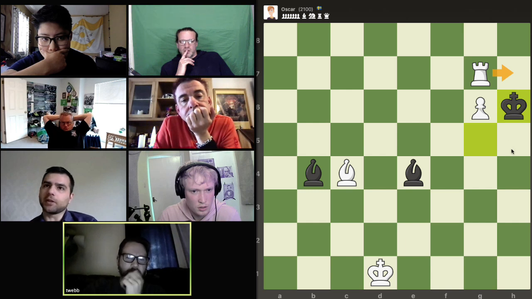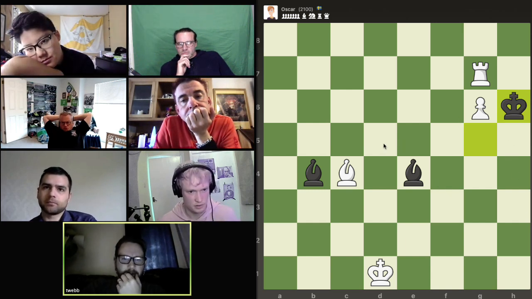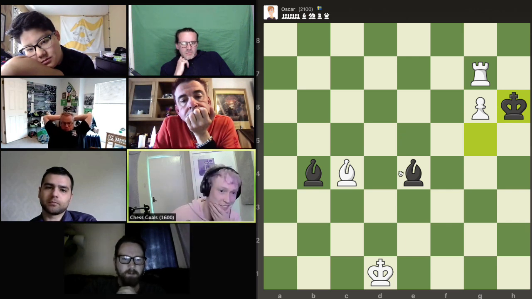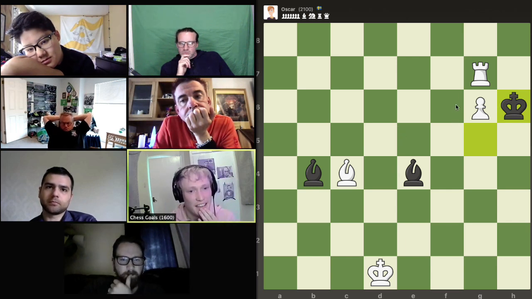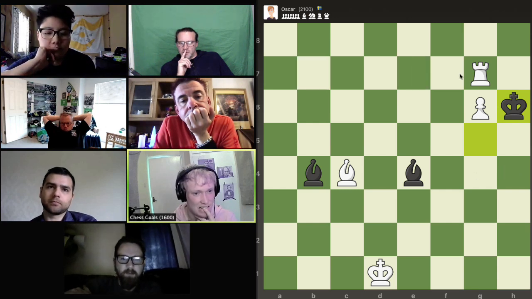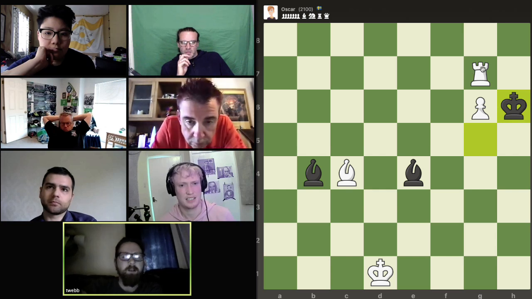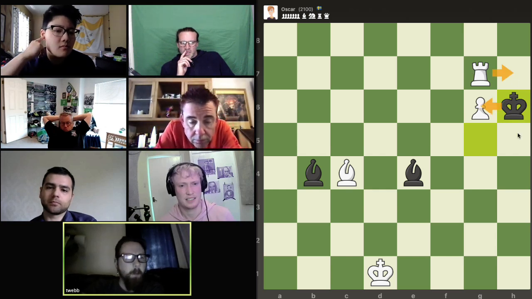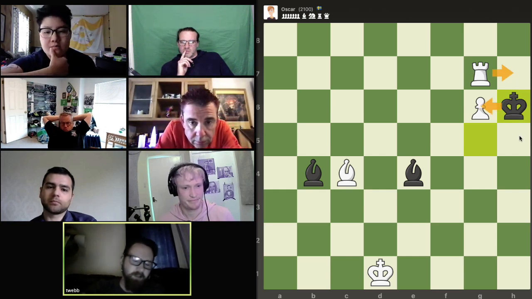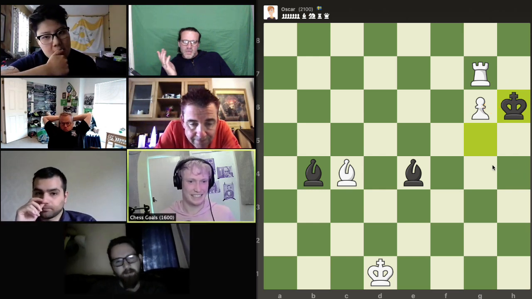Would that do anything? King can take the pawn. Wait, rook b7. No, we can't. That would be good. Bishop covers. Yeah, both of these are covered by the opposite bishop, fortunately. What happens if we check right there on h7? King takes g6. King takes, yes. Now if we...